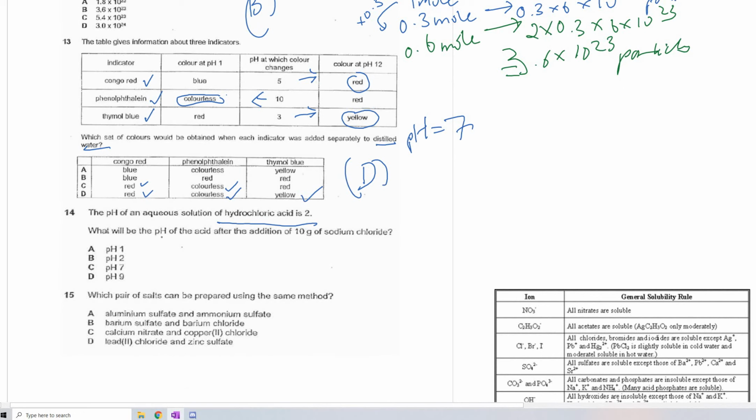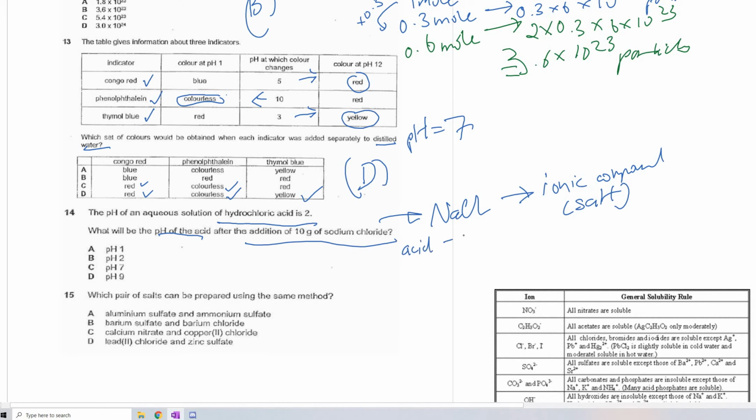What will be the pH of the acid after addition of sodium chloride? Alright, sodium chloride is NaCl. This is an ionic compound, which is also known as a salt. Alright, so we have learned 3 kinds of reaction for acid, which is acid plus metal,